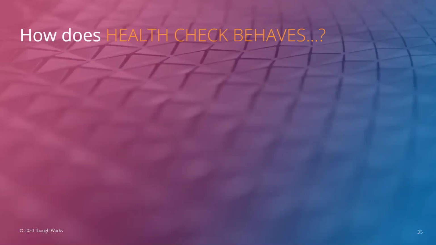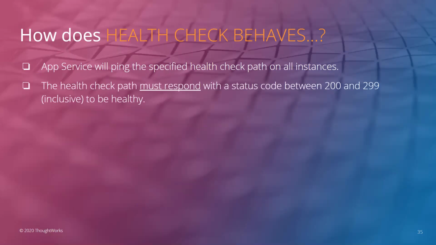So let's talk about how this health check behaves. As I've already talked about, app service will ping the specified health check path on all the instances. All the instances means it will be checking continuously all the running instances of your app service. The health check path must respond with a status code between 200 and 299 to be healthy. If the status of your health check path is not in this range, it will be considered as